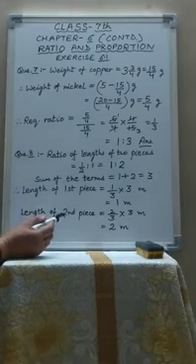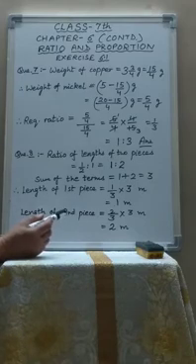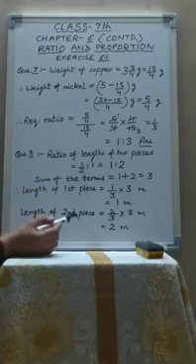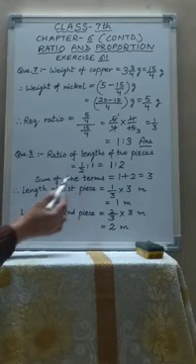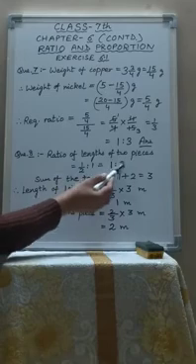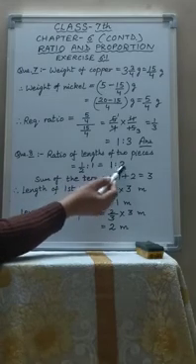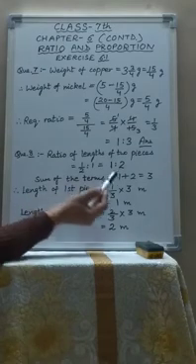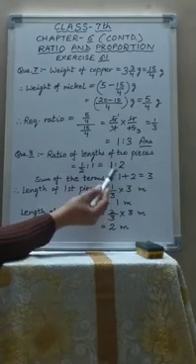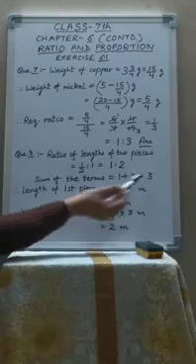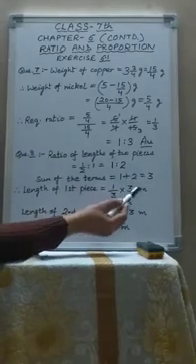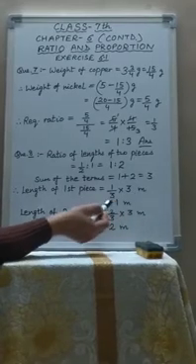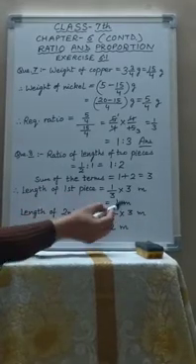Now children, the total height of the pole was 3 meters and we have to find the length of both the pieces. Now when the ratio is given and total length is given, how will you find the lengths of the individual pieces? So this is the method children. You will find first the sum of the terms of the ratio. Means 1 plus 2 is 3. So what will be the length of first piece? What was the ratio of the first piece? 1 upon, and what was the sum? 3. Multiply by, and what was the total length of the pole? 3 meters. So 3 cut by 3, remaining is 1 meter. So the length of first piece is 1 meter.